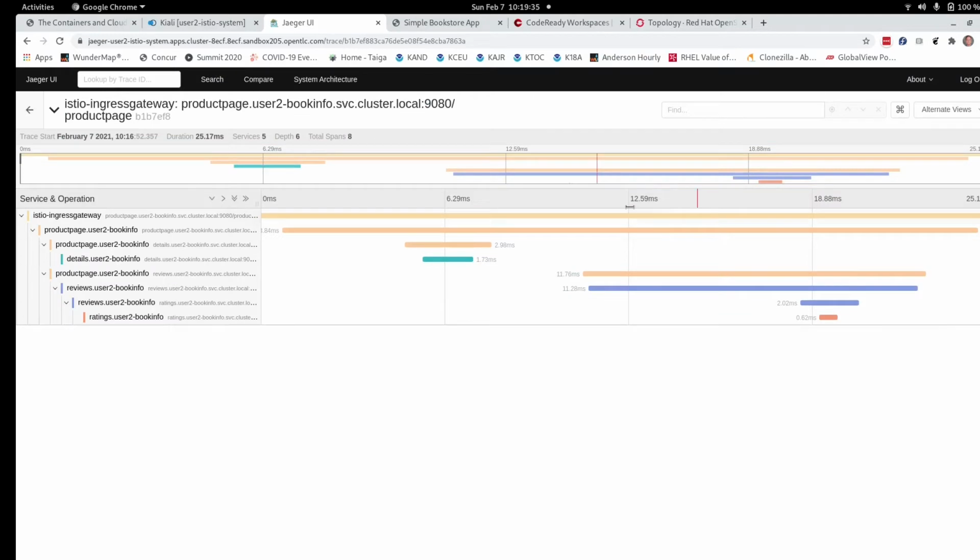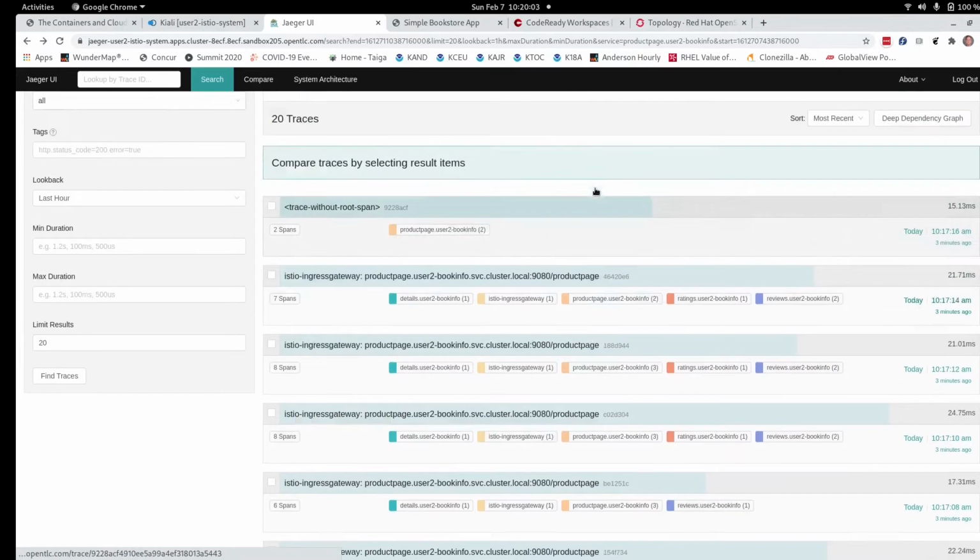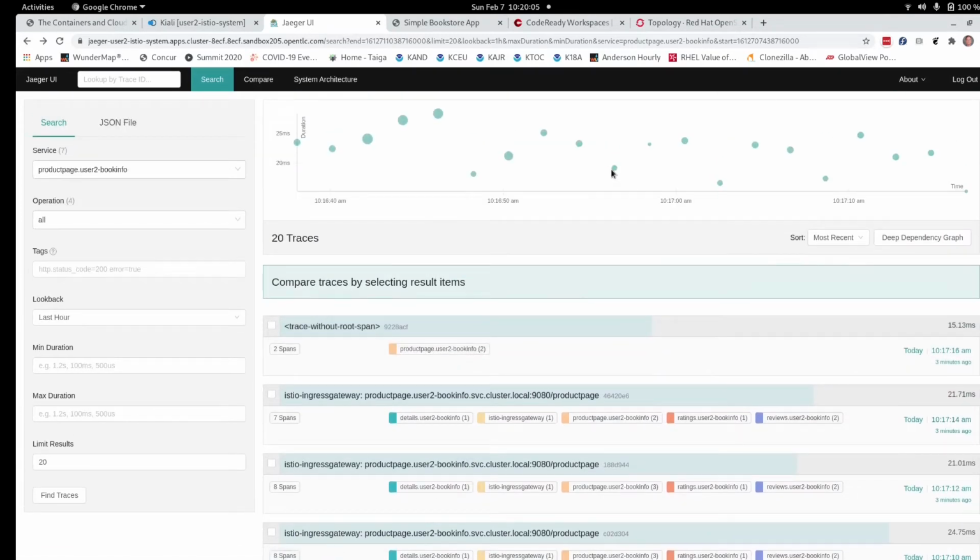If I click on this one, here I don't see the mixer events. All right, so here's the ratings, calling the ratings, what's going on within the ratings. So due to effective caching and quick execution, that reduces the overhead in the application of having Istio. And then the shortest ones will likely be,